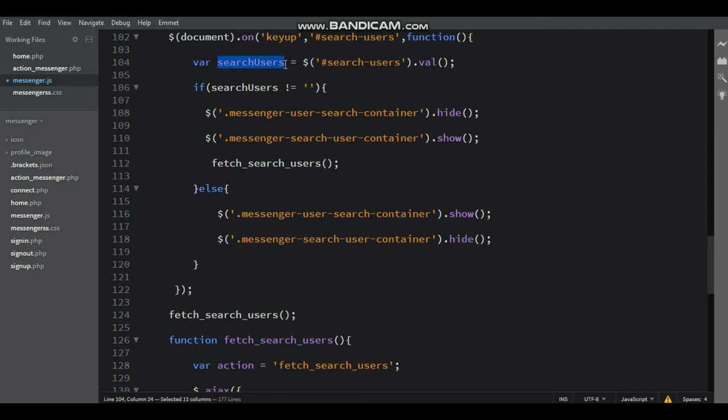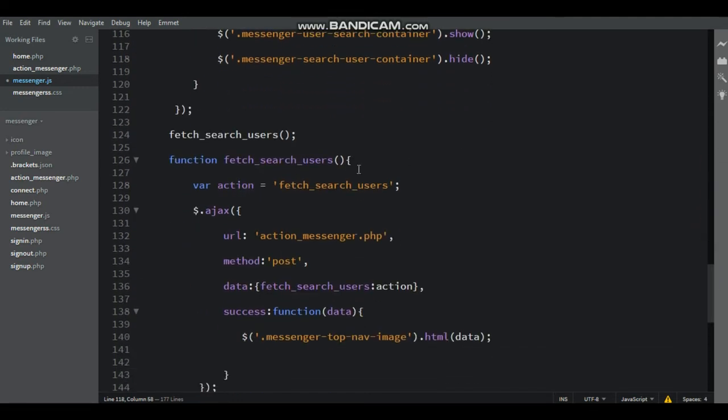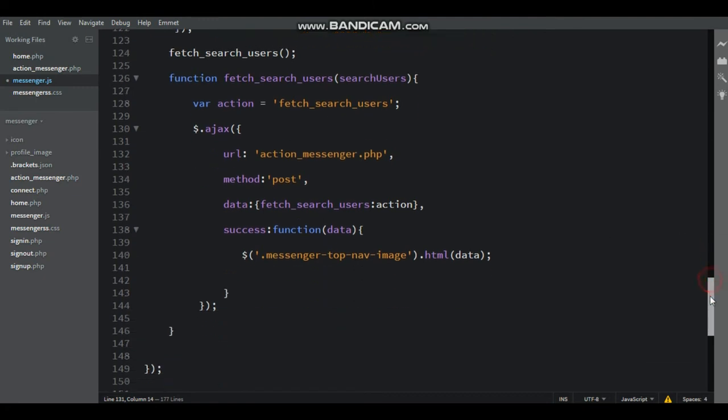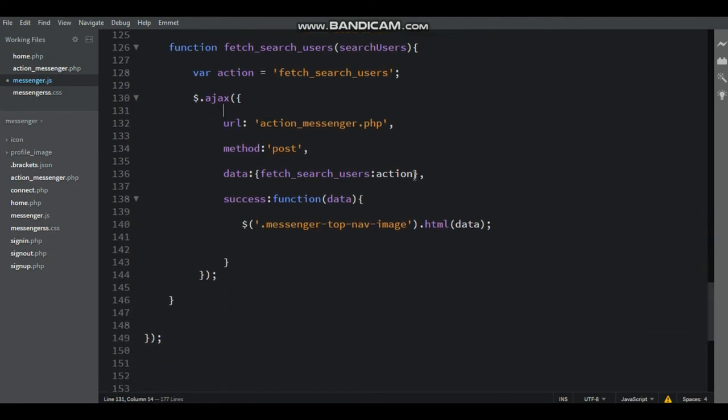Here that is variable search user, paste inside fetch search user. Here that is values sent to the AJAX request using post method. Here that is search_user.